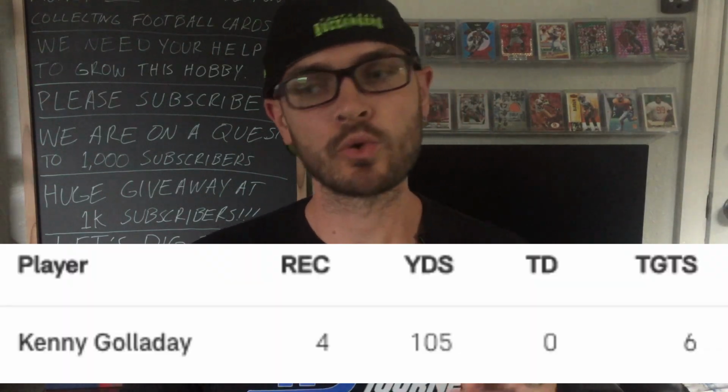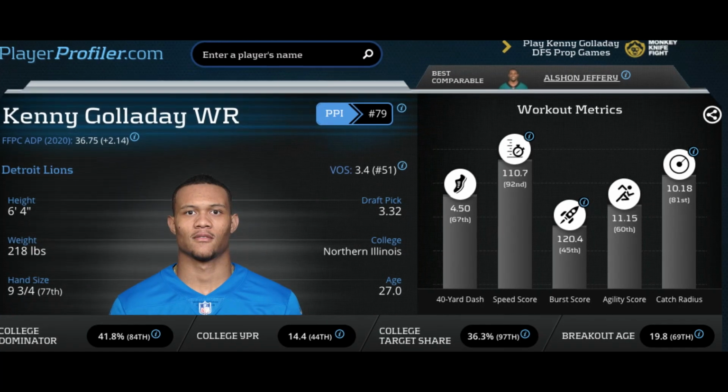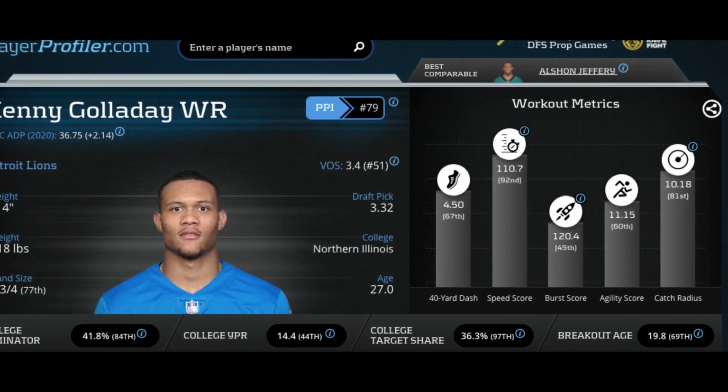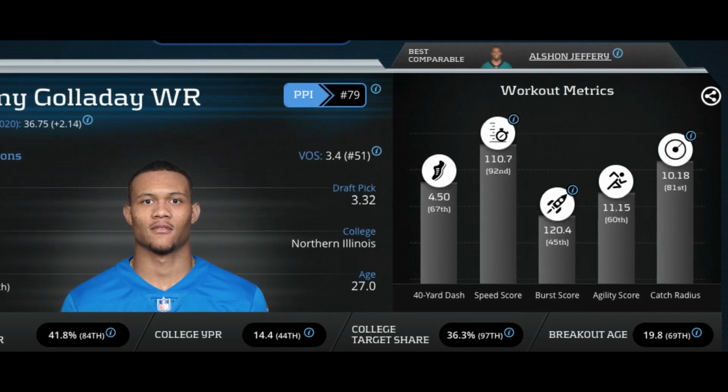In this game, he had 4 receptions for 105 yards on 6 targets. When you look at Kenny Golladay's athletic profile, catch radius, amazing, speed score, amazing, that Alshon Jeffery best comparable, and